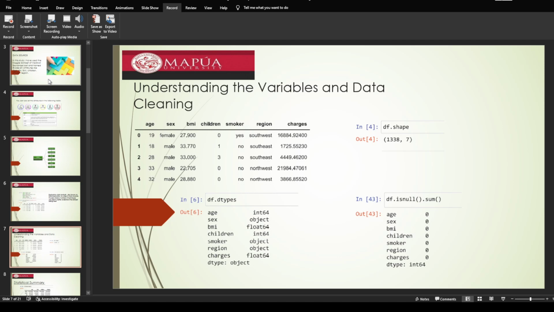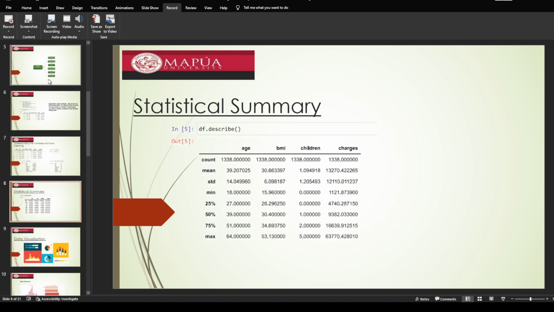So in this dataset, I have 1,338 samples and 7 columns. On the lower right side, I list down the types of all the columns in our dataset. So for age, integer; sex, object; BMI, float; children, integer; smoker, object; region, object; charges are float. Also on the lower left side, I used the null function to check for null values, which is 0. And for statistical summary, I used the df.describe function to show the statistical summary, which gives me the mean, standard deviation,